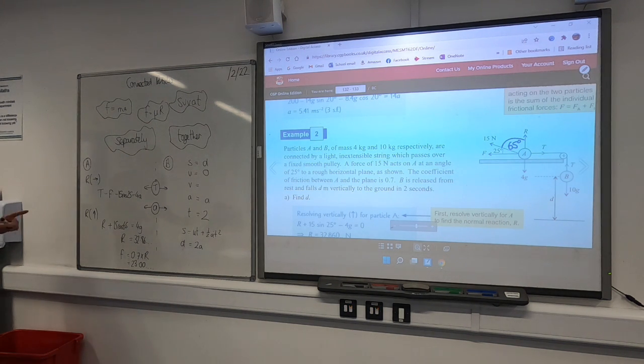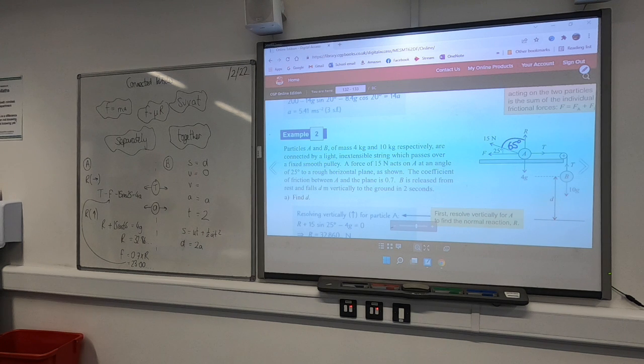What did you do from there? So I've got F by resolving vertically, which is odd, isn't it? That I work out a horizontal force by resolving vertically, but it's because of this relationship between F and R. So I can then sub that into here,